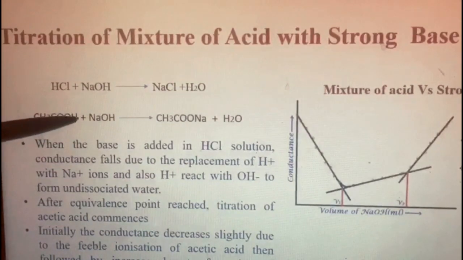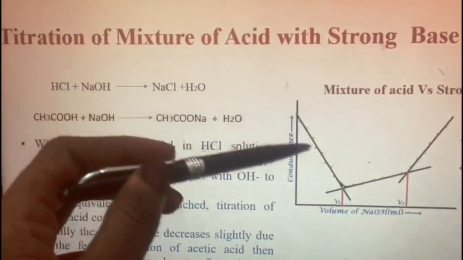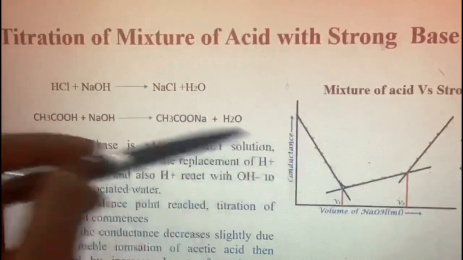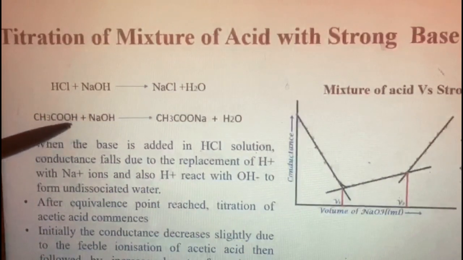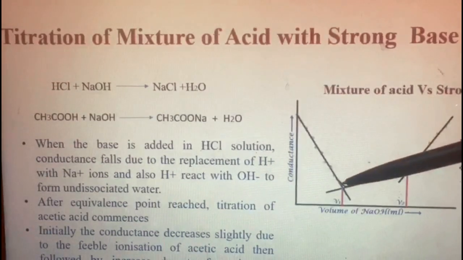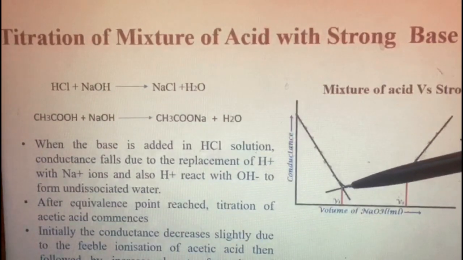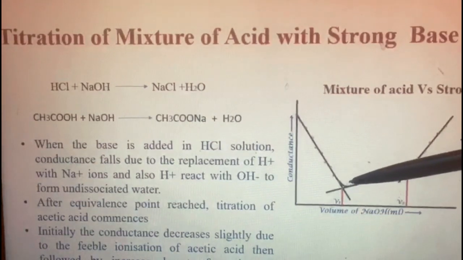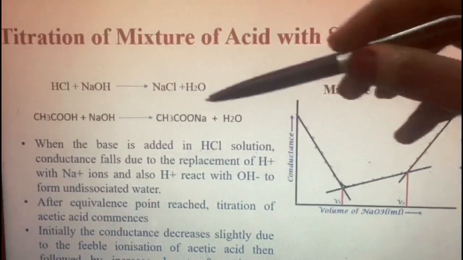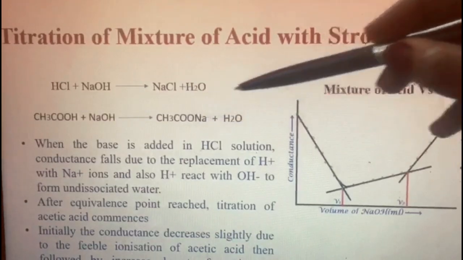We know the concentration of H plus will be very low because acetic acid is a weak electrolyte. Therefore, first the conductance will be less. Already it has decreased, then this H plus reacts with OH minus to form water, so the H plus concentration decreases again. Therefore we can see a slight decrease in the curve. We already said earlier for weak acid, strong base, it is the same: a slight decrease in the curve happens because H plus is converted into water. Then it increases slightly because of the formation of sodium acetate, which is a strong electrolyte.